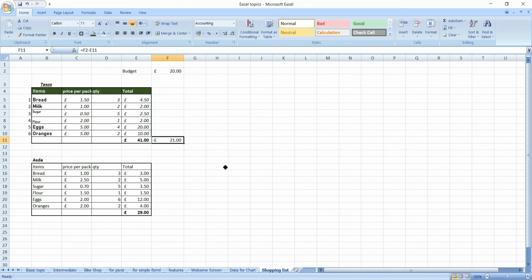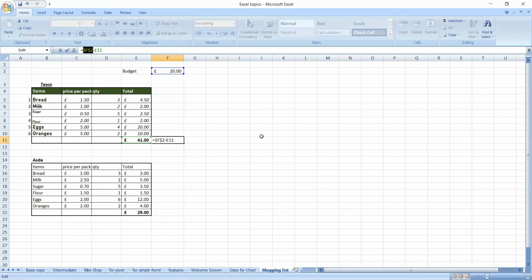So what I would do to freeze F2 is I would use my F4 button. So this is my formula, right? And this is my F2. So if you click on that F2, apologies, this might be a bit advanced, but it's actually quite simple. If you click on F4, button F4 on your keyboard,